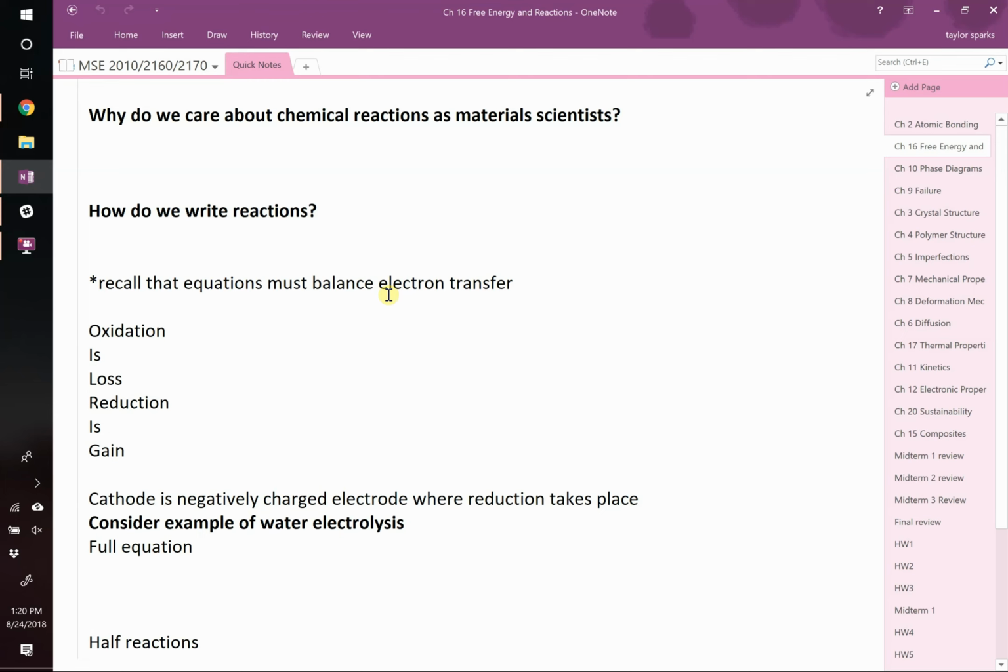So I'll give you some examples, right? You have to care about chemical reactions, even if you're mechanical engineers. I apologize, but I think that you can like it if you learn a little bit about it. So first off, how do you write chemical reactions? You guys have seen this since high school. It's always like reactants turning into products. What's wrong with this, and how we're gonna modify this thought a little bit, is that